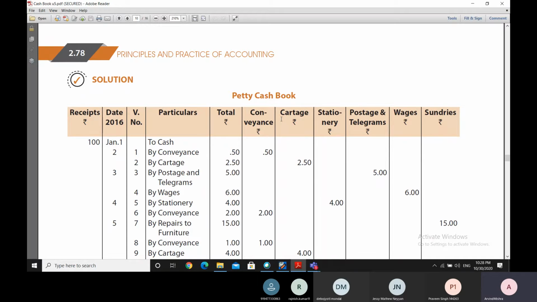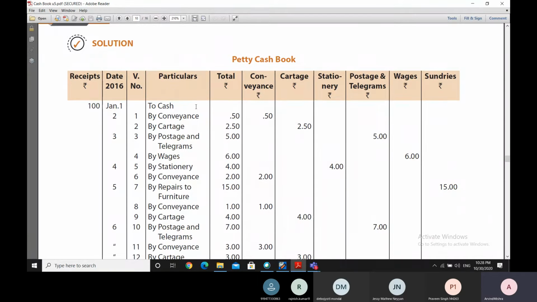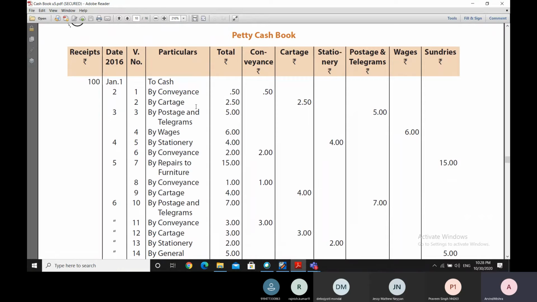So we can see a petty cash book here, and in this petty cash book, on the extreme left hand side, we can see a column which shows the receipts. It is necessary to kindly go through all these columns very carefully,